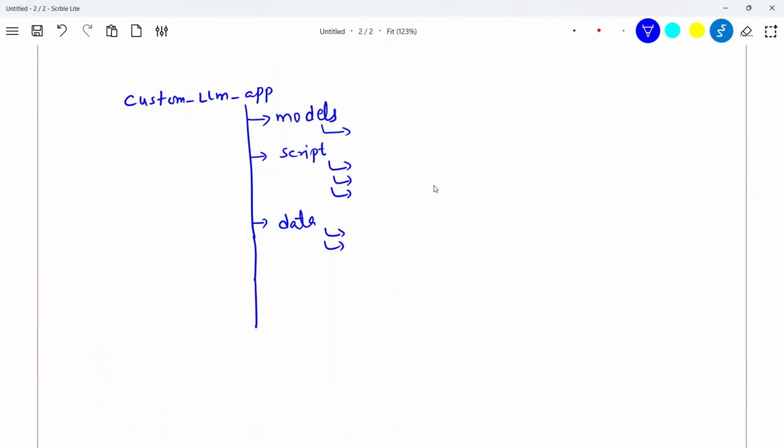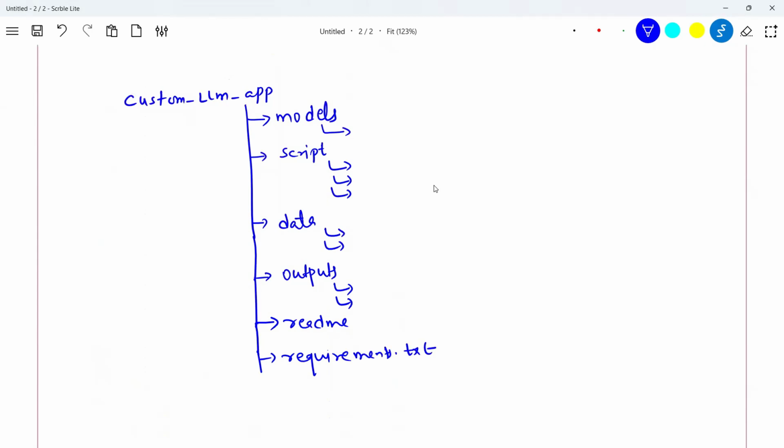Understand these structures, guys. This is very important. Fourth is outputs, where you can put your logs and any other output you want to put. And then you are going to have a readme file and a requirements.txt so that anybody can run this whenever they want.